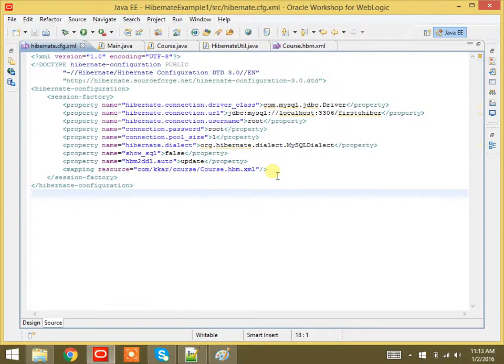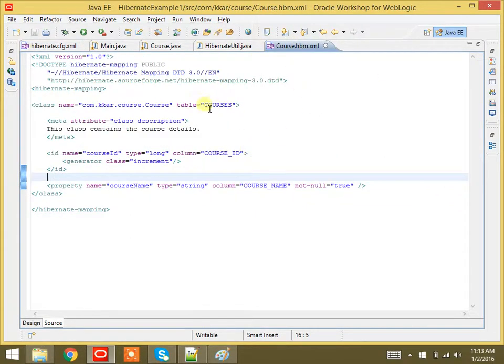In this version we are not making use of any annotations, so this Hibernate mapping file is coming into picture. Future programs we will be replacing this one with Hibernate annotations. So annotations only will be performing all those operations. There the lines of code will be reduced. I will come to that particular version, I will teach you that.